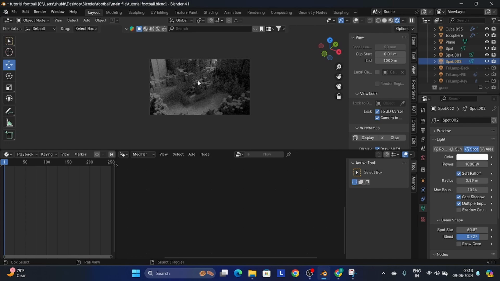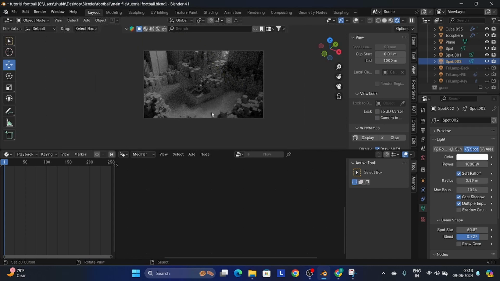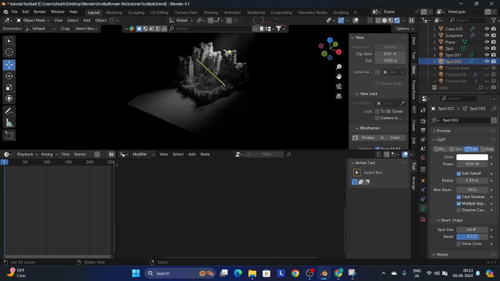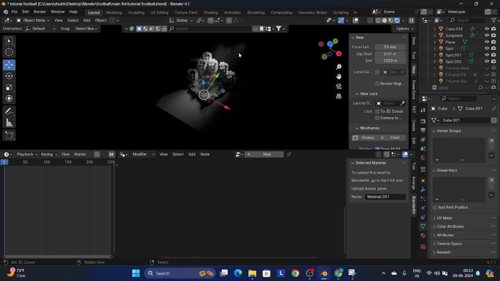If you want, you can make a render like this, and if you want, you can add material in this, and that will make it more awesome. I think a little bit of